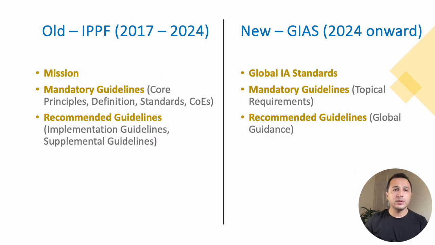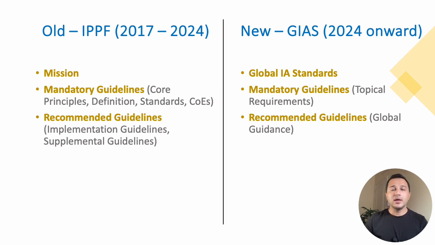So if you remember, in the old standards we had the mission, which overall governed the mandatory guidance and the recommended guidance. However, in the new standards we have the Global Internal Audit Standards. We have mandatory guidance along with the topical requirements, and then we have recommended guidance. If I would like to map, mandatory guidance basically falls under the Global Internal Audit Standards, and then